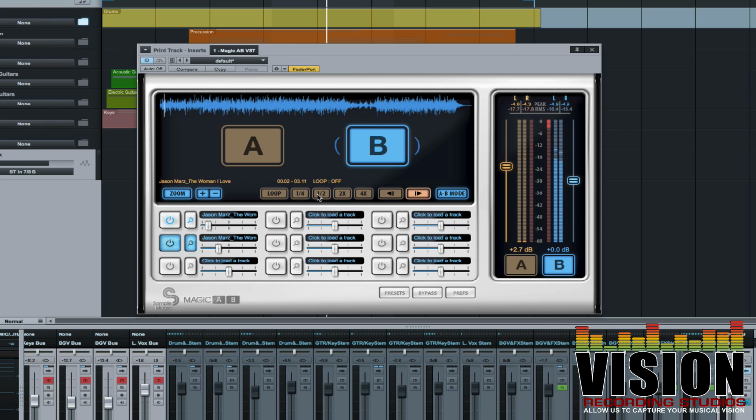When I hit this little radio button, you can see B is now playing. You can't hear it yet because I don't have it turned up. I'll shut that off for a second. Okay, and you can add up to 9 tracks. On this side is your output level. So what you can do here, and I'll play back my mix here. If you hit A and I hit the space bar here,